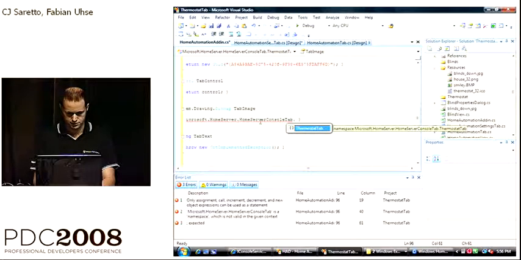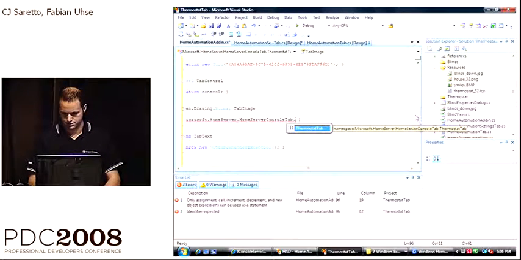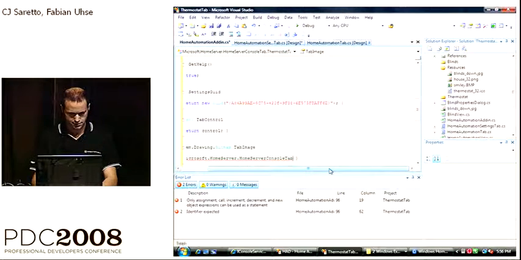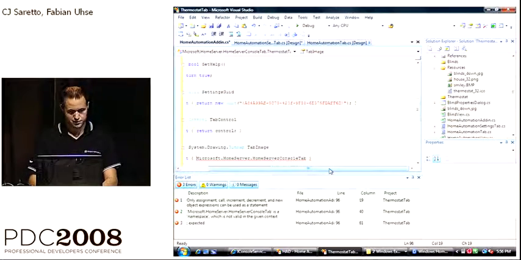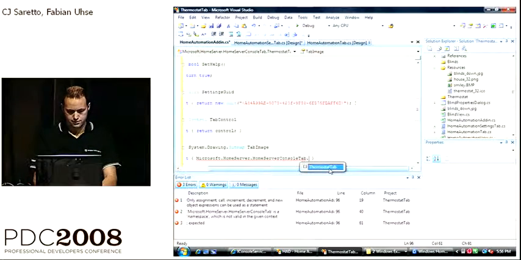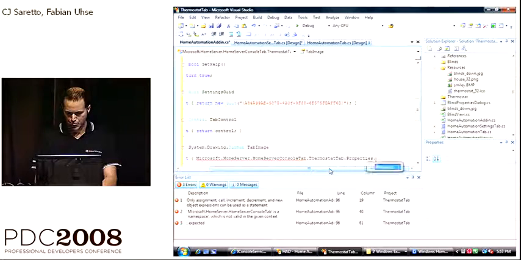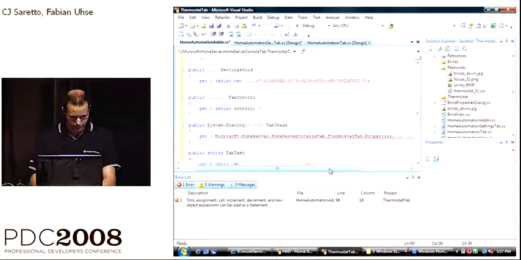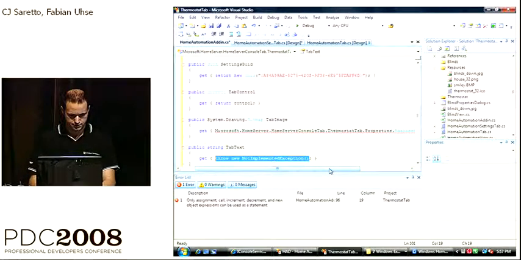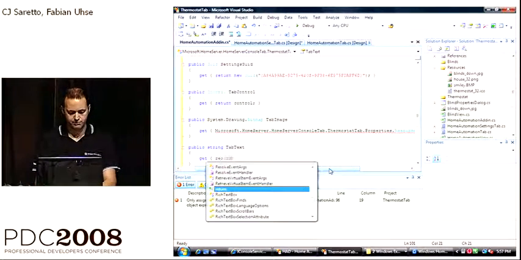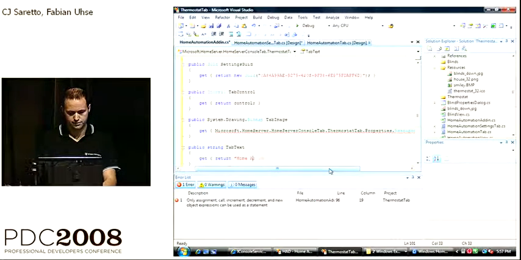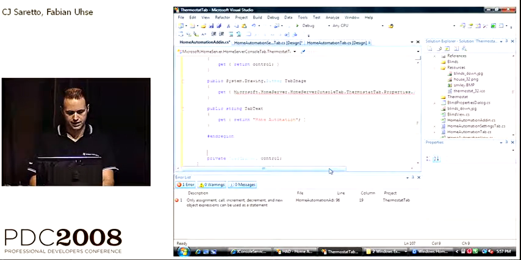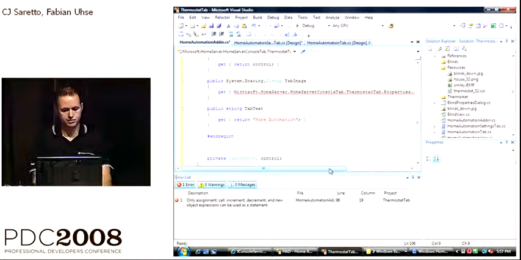Tab. Hit return. Tab. There we go. We'll need to return some text. This is the name of the tab that will appear. And finally, we're going to need to write a quick constructor here for our object.